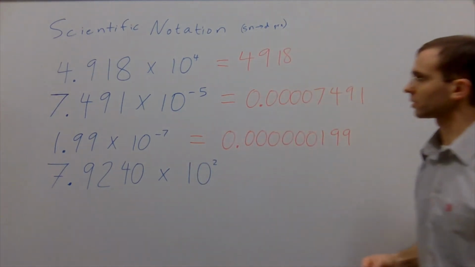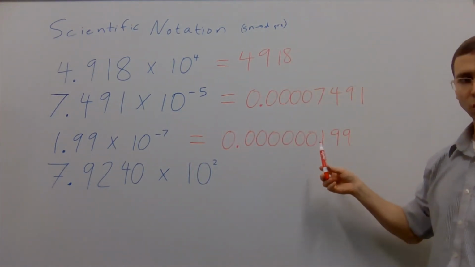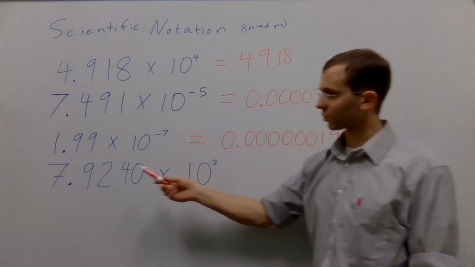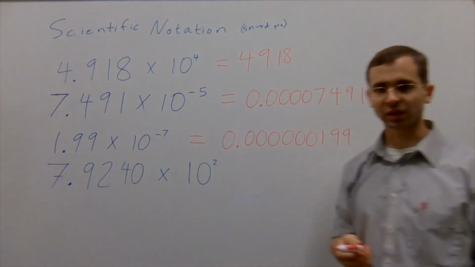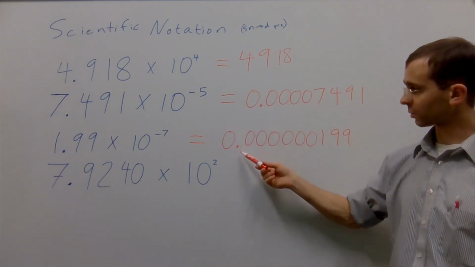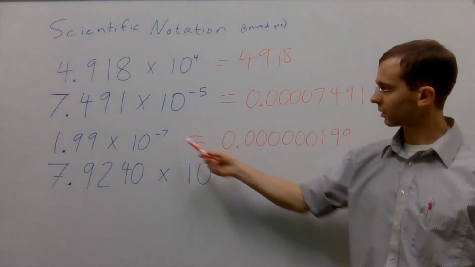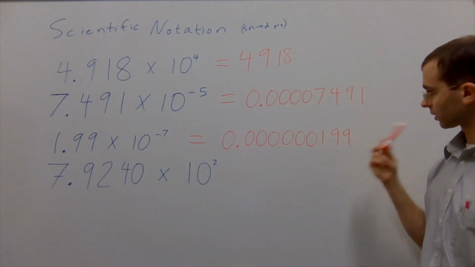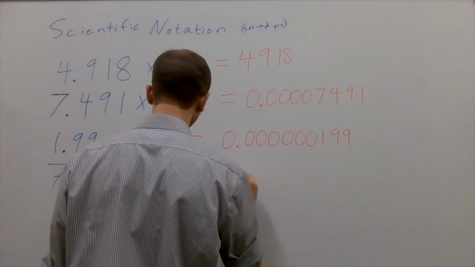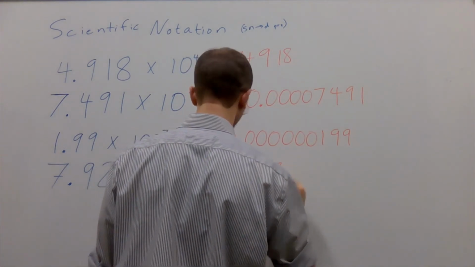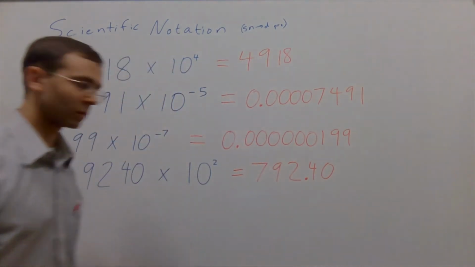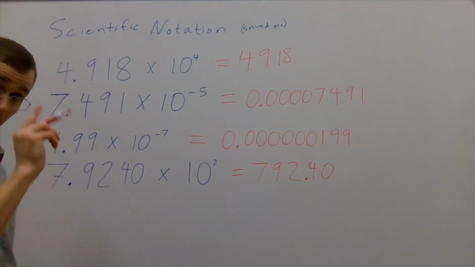Perhaps you saw the pattern here that I'm implicitly exploiting as I do these. But since the decimal is always just to the right of the first significant figure, if I need to move the decimal 7 places to the left, well, I can put my decimal one less than that number of zeros and then start my sig figs. And for the last one, giving that extra 0 because it's